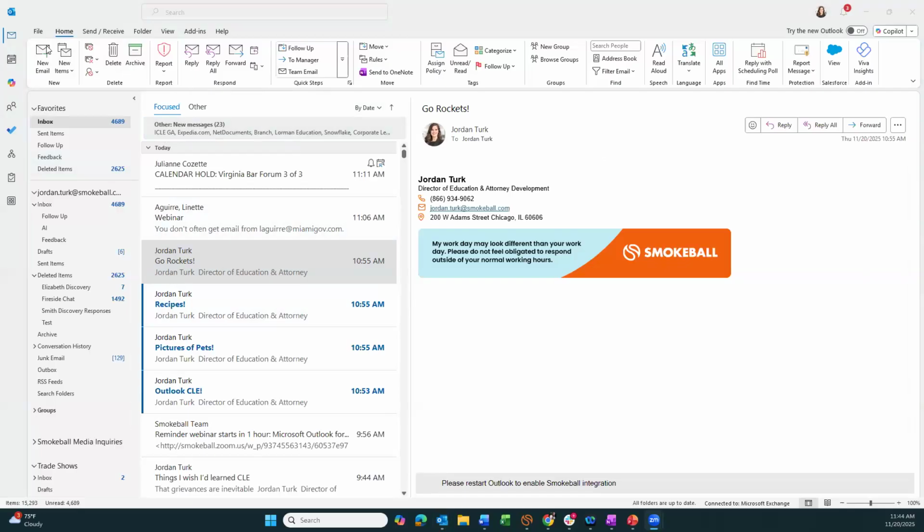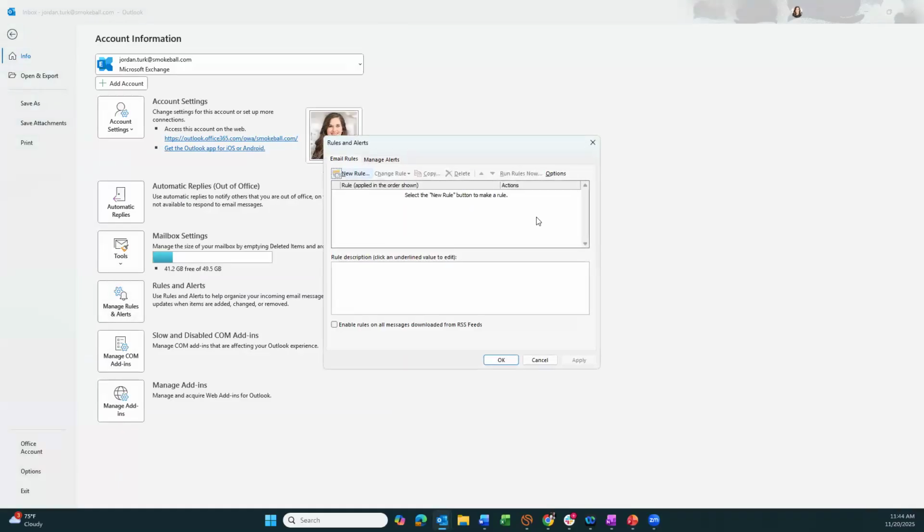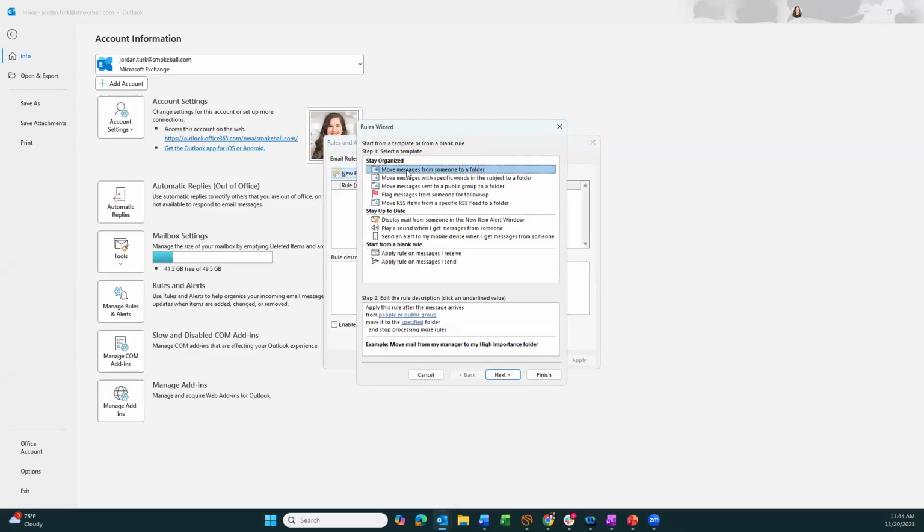Okay, so you go to the File tab, and then you'll go to Manage Rules and Alerts. And you'll click on this, and it looks very rudimentary and a little bit scary. It's really not, I promise you. So here's what you'll do. You'll go to New Rule, and then look, I know this again is a lot, but don't worry about it because we're going to go through it. So once you hit New Rule, you're going to select Apply Rule on Messages I Send